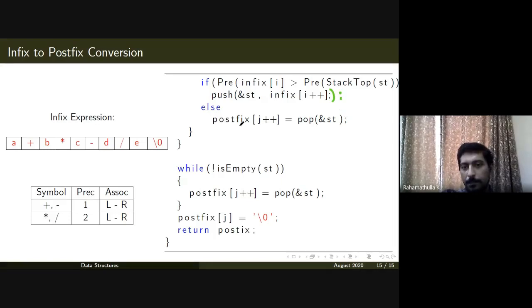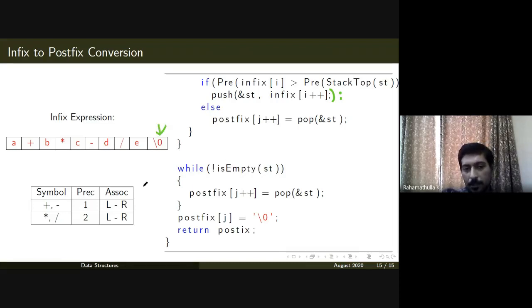Else, you need to pop from the stack and attach to the postfix expression. Then you continue this loop, and once you reach the end of the expression,